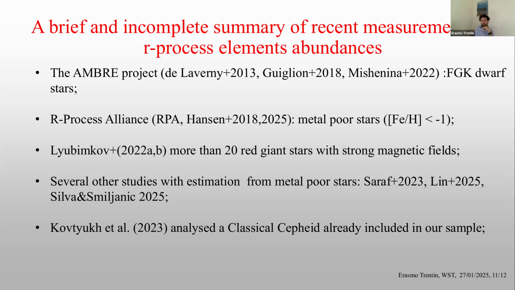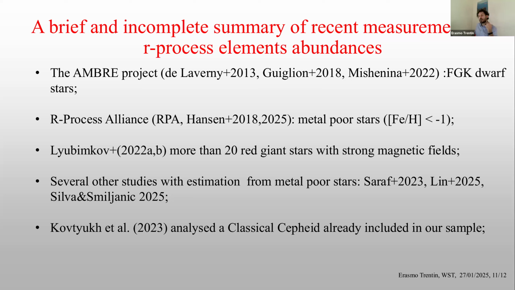But for some of those elements, like lutetium, dysprosium, or thorium, that can be relevant for the study and join the team of europium and gadolinium for the study of r-process elements,